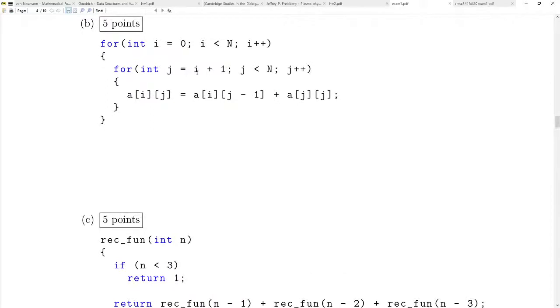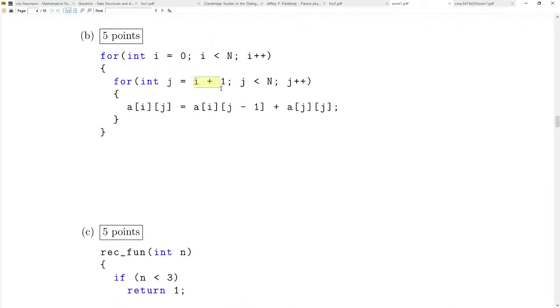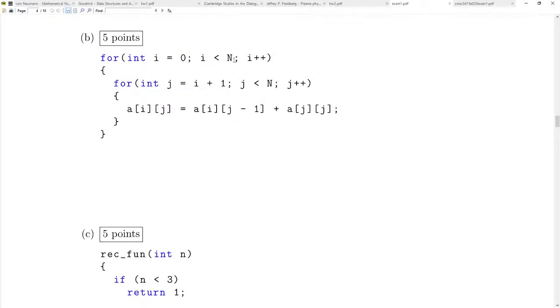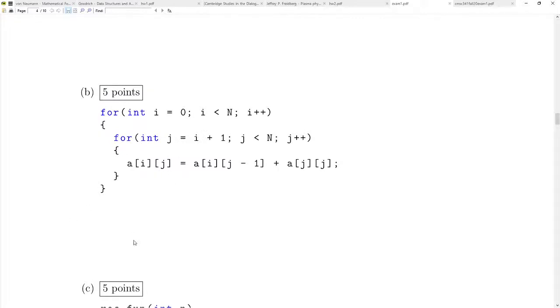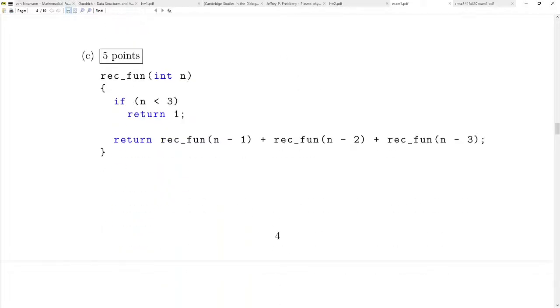And then here, I think this is just a straight up n squared algorithm. It's actually slightly better than that because it's kind of triangular, because this goes from 0 to n, and this just goes from i plus 1 to n. It's really adding up triangular numbers, but the triangular numbers are also squares. So basically, the way to attack this problem for B is to set up a summation, and you just prove that that summation is equal to the sum of all integers between 1 and n. Okay, so